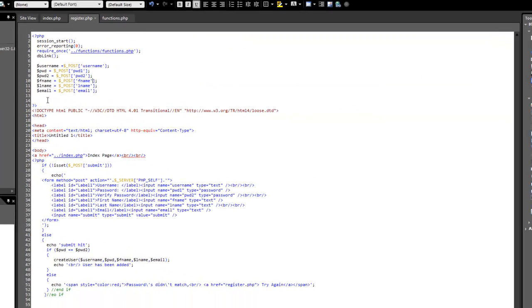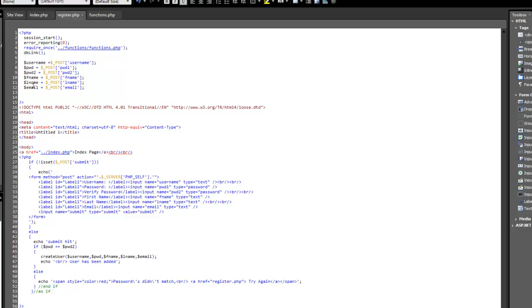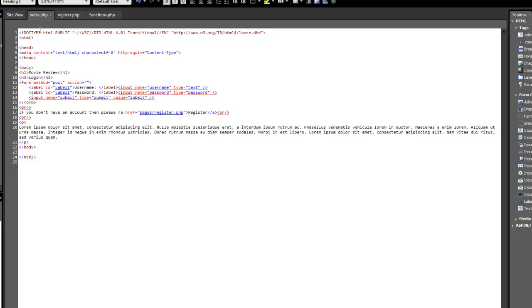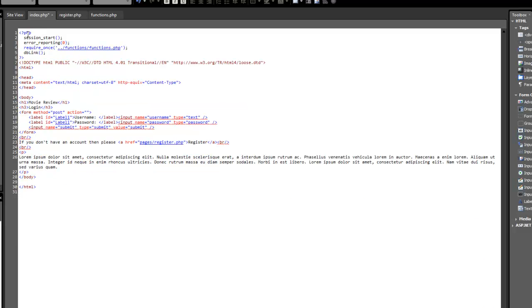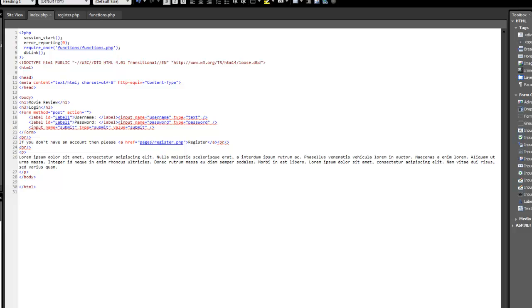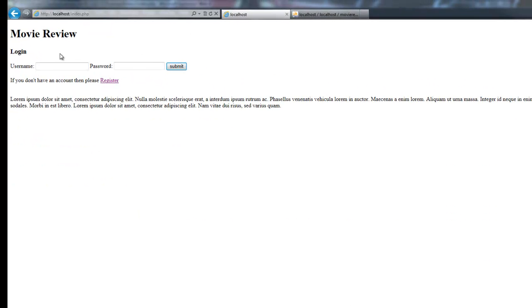Now, here's the deal. Because I've started using sessions, that has to be on every single page. Okay, so even my index page needs it. Okay, so this bit of code right here is going to have to go on every single page. That doesn't need that in it though. Awesome. So now that I've done that, if I go back to here,